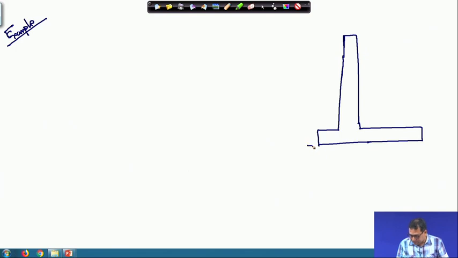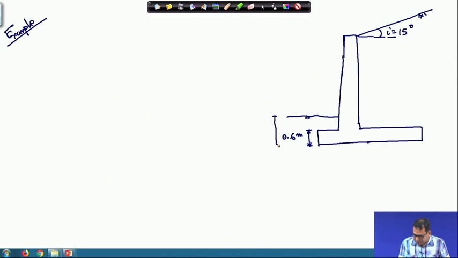The thickness of this base was chosen as 0.6 meter. This is the foundation level and it was an inclined backfill with the inclination of 15 degrees. Okay. So, this is the inclined backfill, this is the foundation, and this foundation depth was 1 meter, and from here to here it was 4.8 meter. Okay. And the other dimensions,